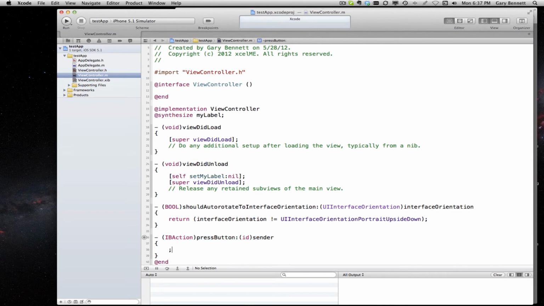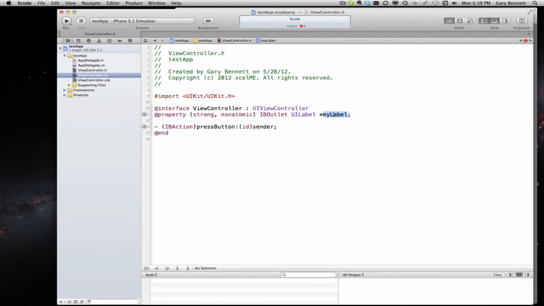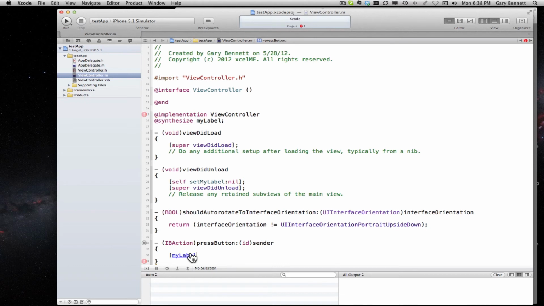So when I press the button, what I want it to do is set the text in that label. Well, that outlet, if I go back to my header file, is called my label. So, oops, fat fingered there, Control C. Go back here. And we'll do this: my label dot set text, and we'll just be real creative here and say hello world and close it. And what this is going to do is when I press the button, because it's tied to that button in my nib file, this method called press button will be called. I'm going to send a message to the my label outlet called set text, that UI label. That set text method will send hello world to that label